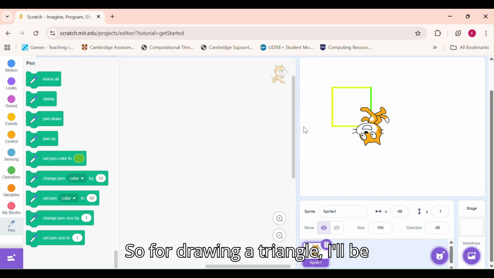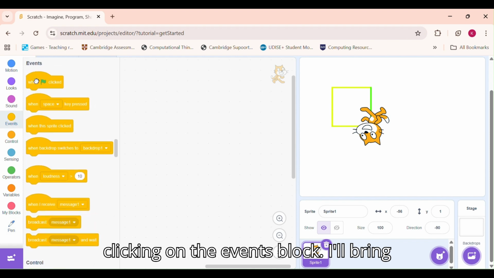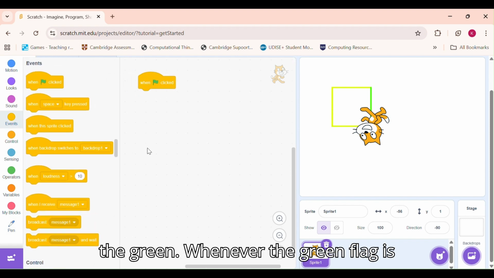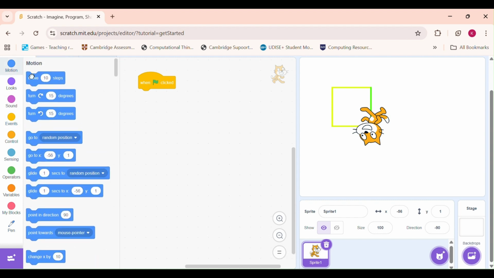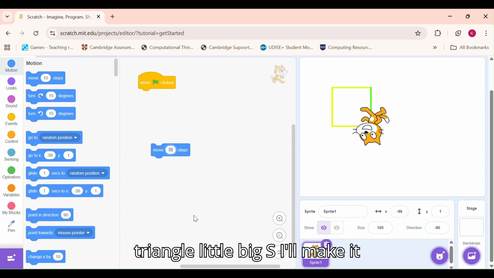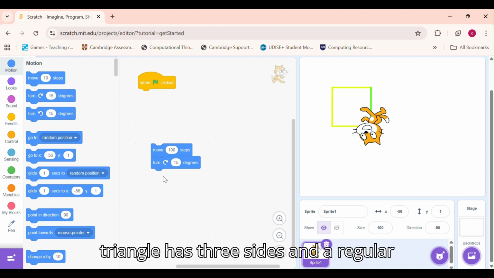So for drawing a triangle, I'll be clicking on the events block. I'll bring the green "when green flag clicked" block. I'll go to motion blocks. I want to make my triangle a little big, so I'll make it 200 steps, and I will turn it. As a triangle has three sides